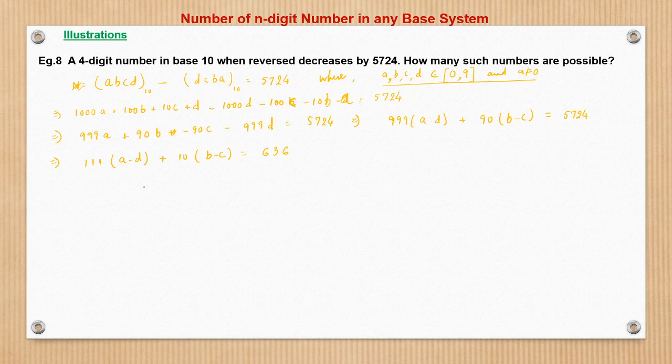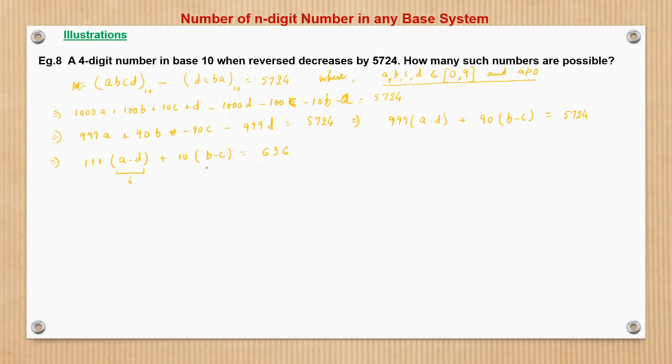So 0 to 9. Now see, what is this? RHS ends with 6, right? And in LHS, this term will end with 0. So this term has to end with 6, right? So for this to end with 6, actually this should be 6 only. So that 111 into 6 becomes, I mean, unit digit is 6,